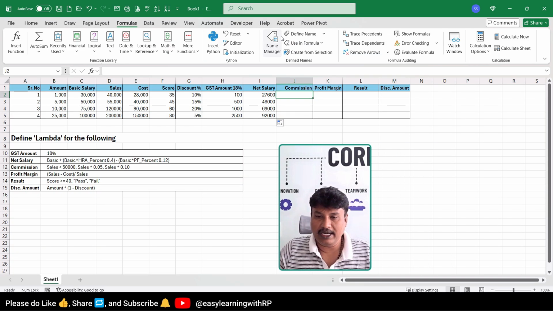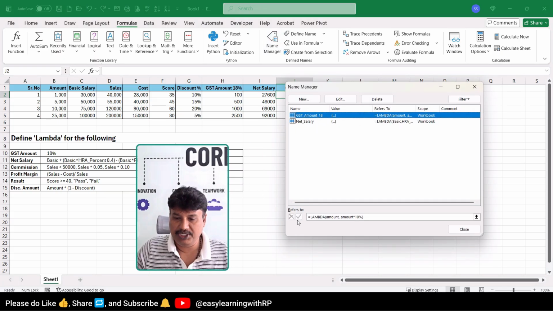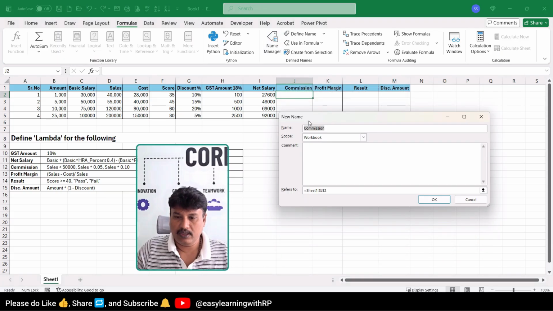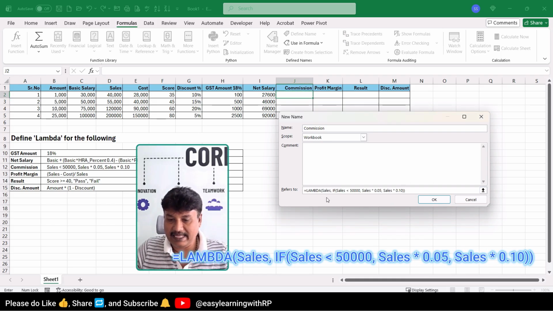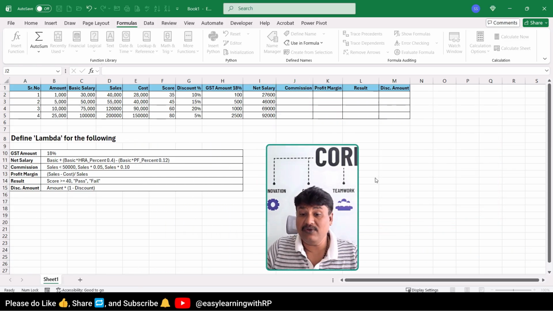Let me add one more, new commission, and for the commission I am going to put a formula where sales is the first parameter value, and then in the if condition, if the sales is less than 50,000, then give 5% commission, else give 10% commission. So this is how an if condition can also be used in a Lambda.